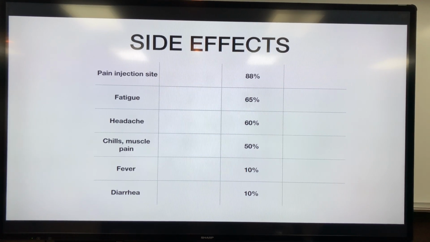These side effects, it's important to know though, are basically that slide where I show you where that vaccine gets in your arm and your immune system is attacking it and breaking it down. This is your immune system. These symptoms are your immune system remembering that spike protein. They're not adverse reactions. In fact, I was actually disappointed I didn't have a lot of symptoms. I was actually wanting more symptoms. I wanted to know I was getting immune. In fact, this last Friday when I had my second shot, I hardly had any symptoms. I said, I don't know if it's taking effect or not.